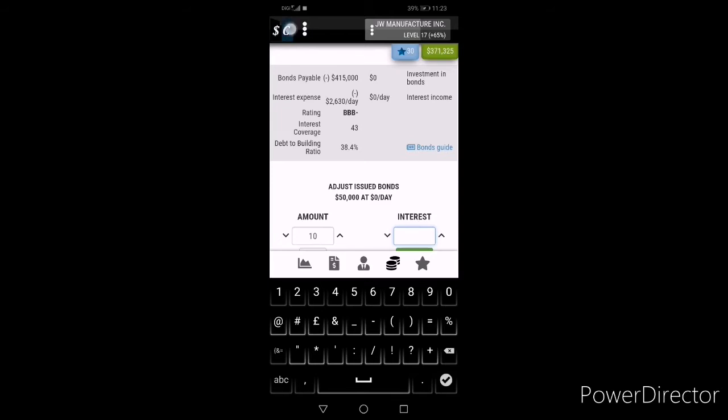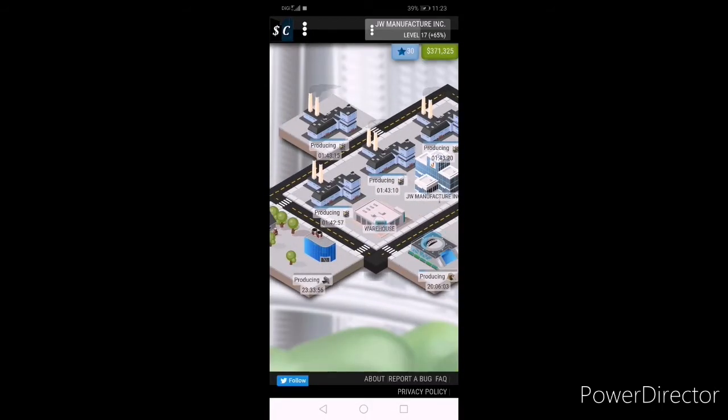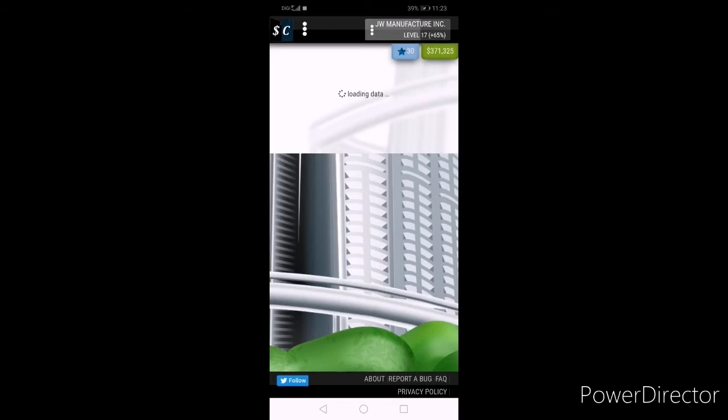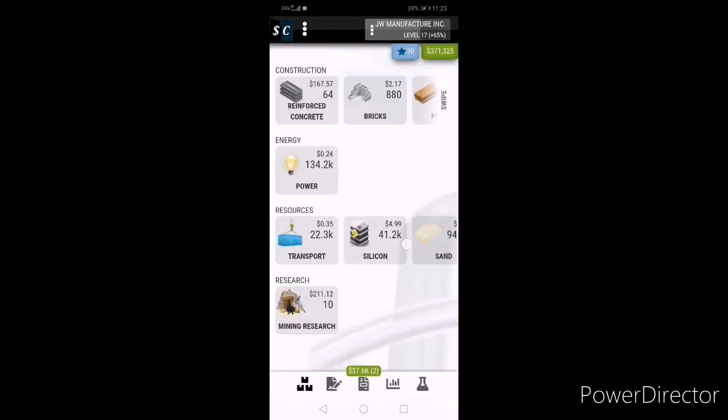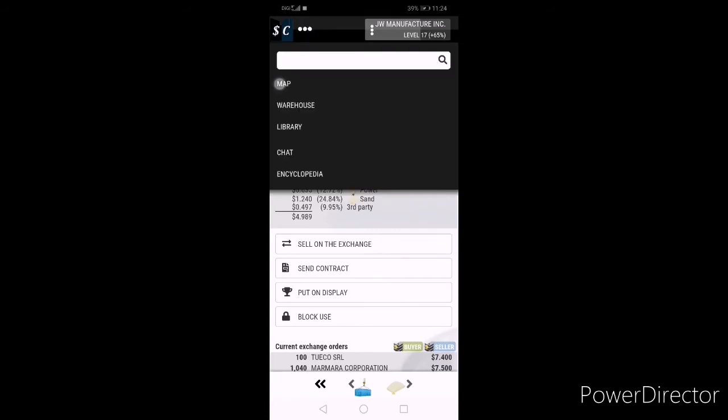Yep, so next we'll go to your cost. As you see, I have many products here, so I'm just clicking on one. The system calculates all the costs here. For my silicon, my cost is 4.99, so it's almost 5. I'll just round it and count 5. So here you will see the cost.